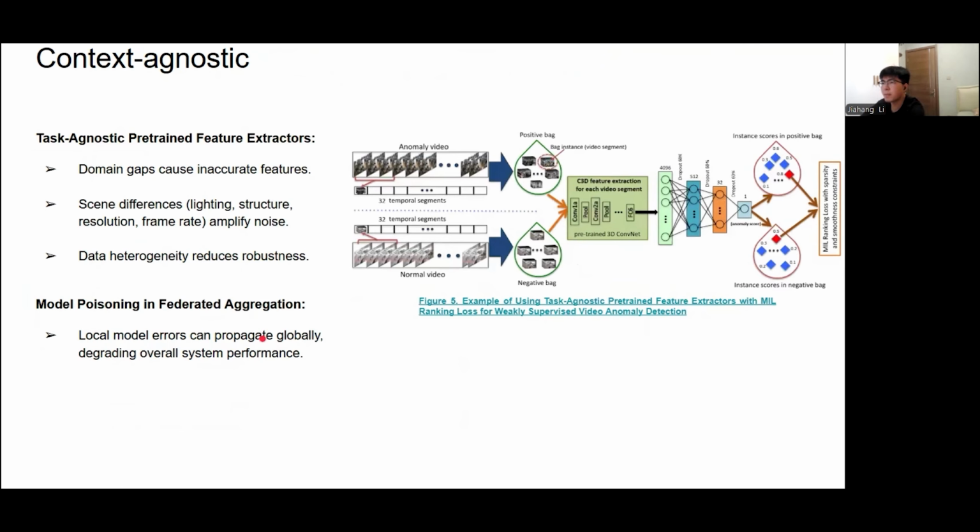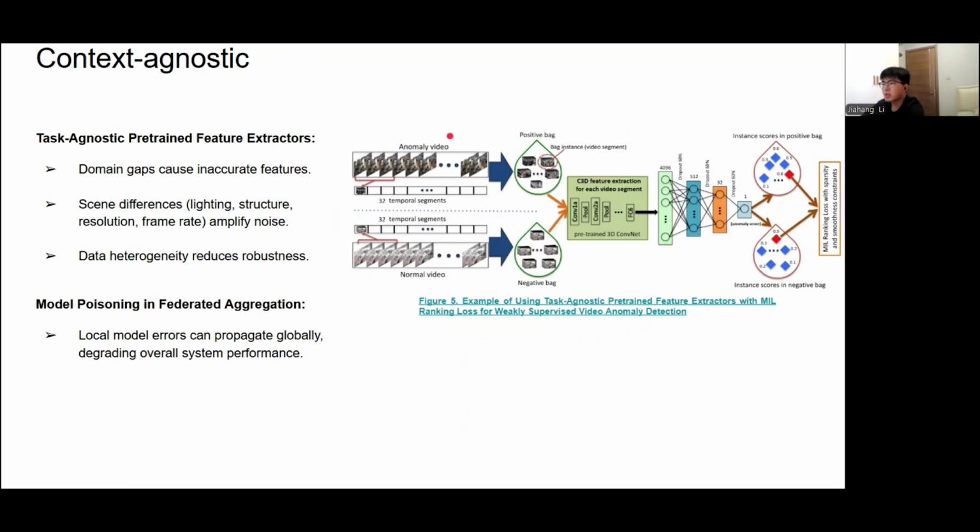The last challenge is that most general VAD methods are context agnostic. Training a private weakly supervised VAD model across multiple scenes is not easy.